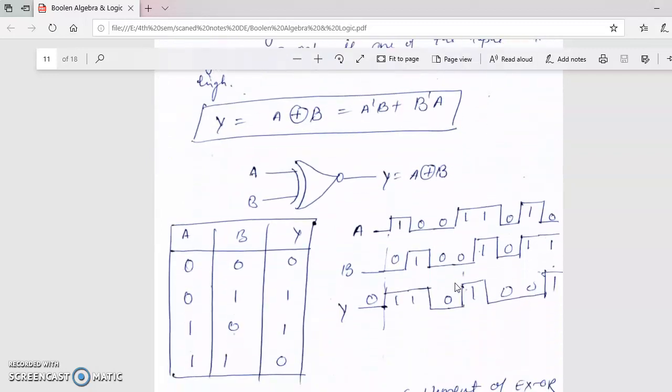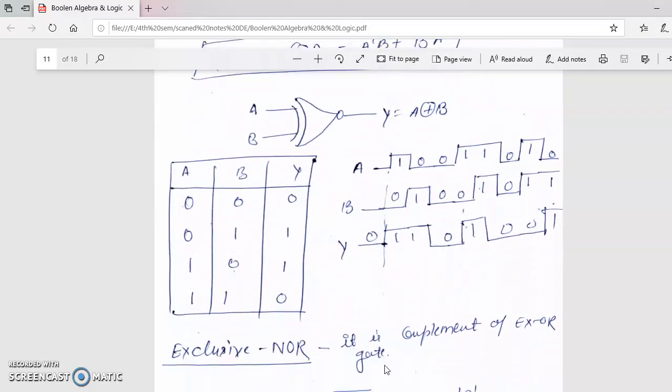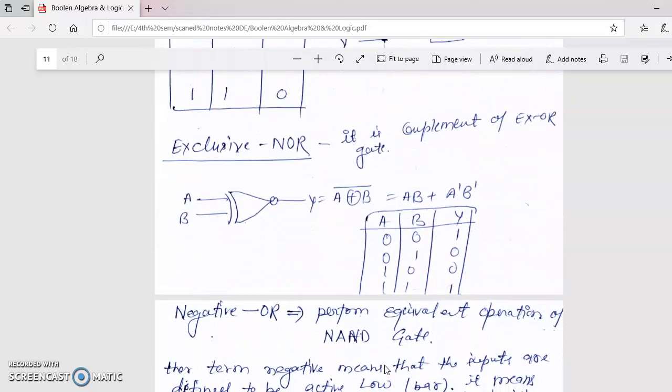According to this expression, we get the truth table of the XOR gate. 0 0 gives 0, 0 1 and 1 0 give 1, and 1 1 gives 0. It means when both the inputs are high or low, that is both 0 or both 1, we always get the output 0. Whenever only one of the inputs is high, we get the output high. This is the property of the XOR gate. Next is the XNOR gate. This is just the opposite of the XOR gate.